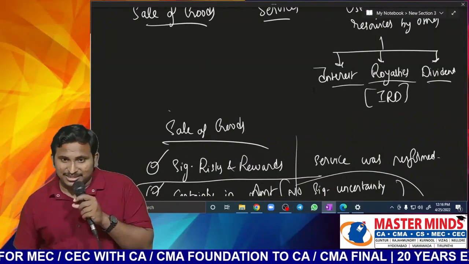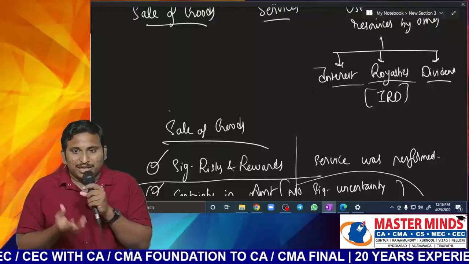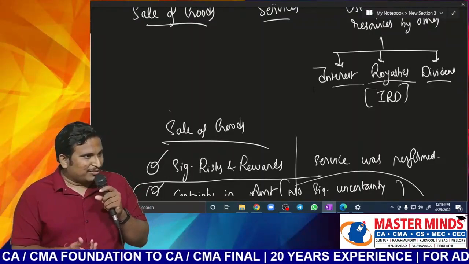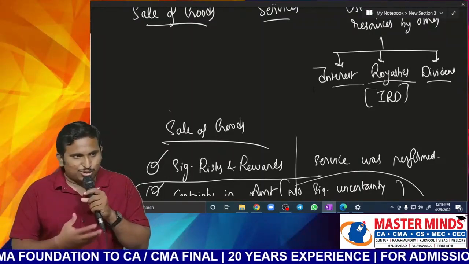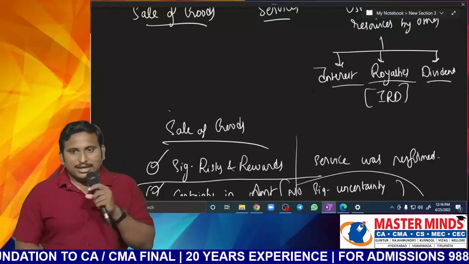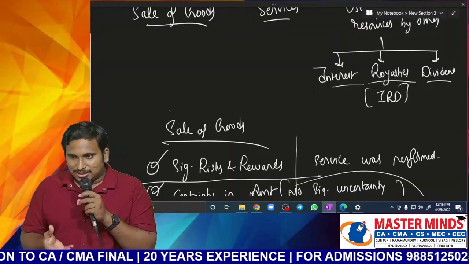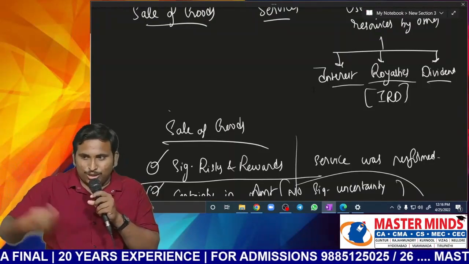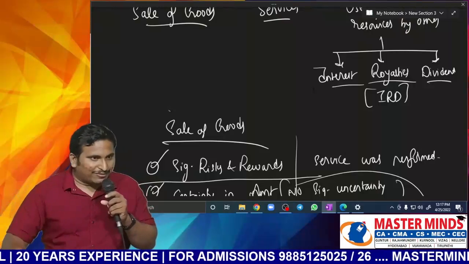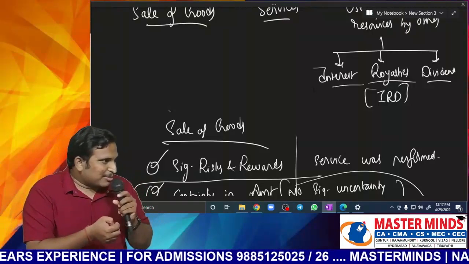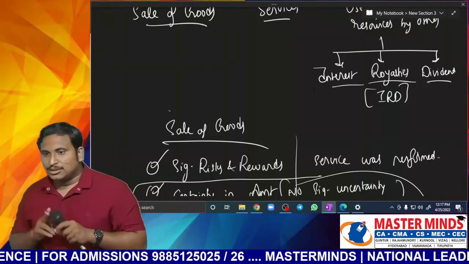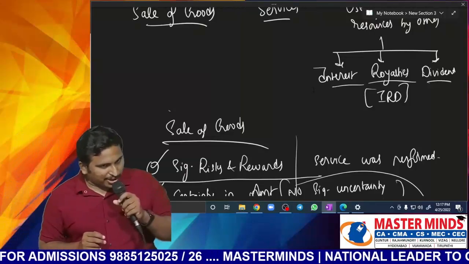Now, you may have invented some things for which you will have a patent. You may have created something, of course books, etc., for which you will have copyrights. Like that, you will have different intangible assets. Now, you have created books, sir. Now, you will allow others to sell your book or make a copy of that, for which you will charge some amount. Whatever amount you get is called royalty. Sir, are you getting the point?